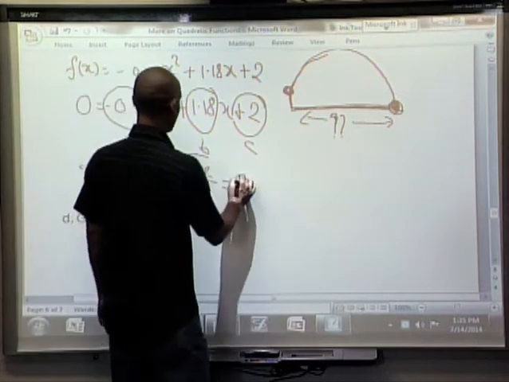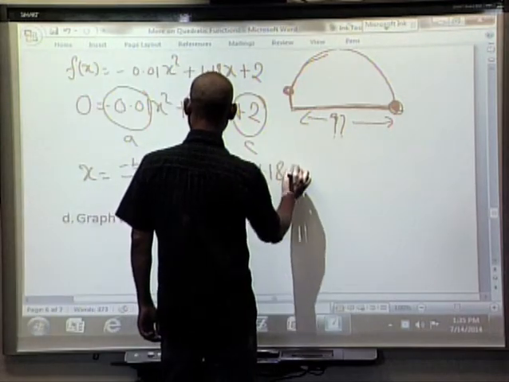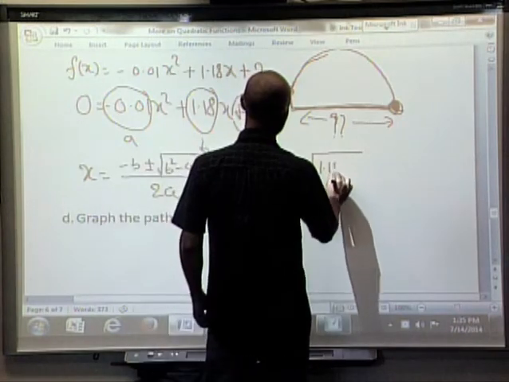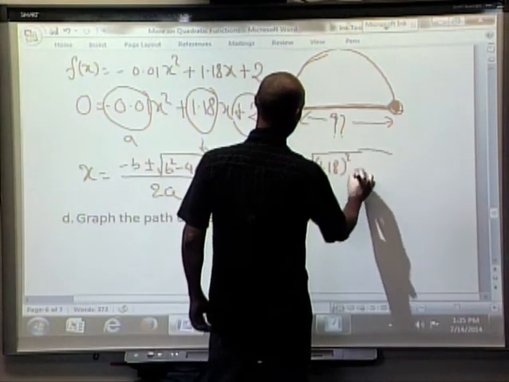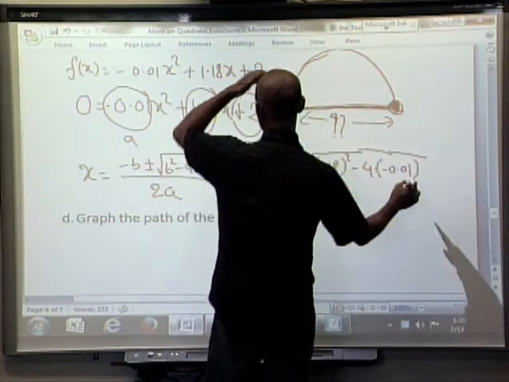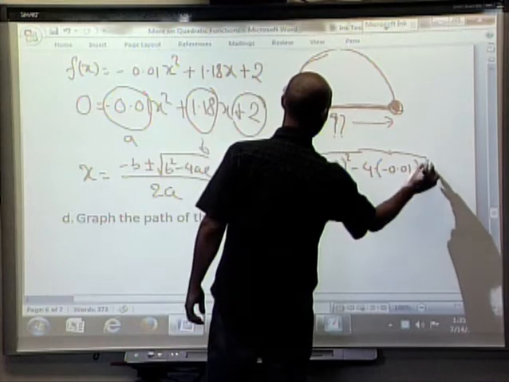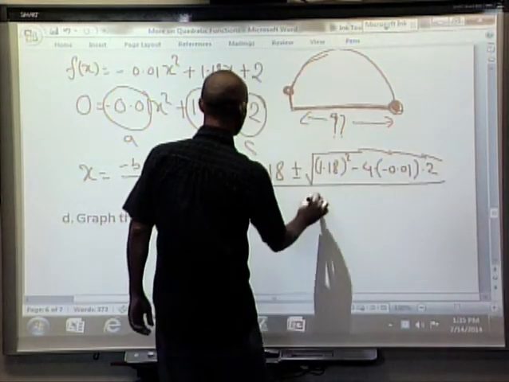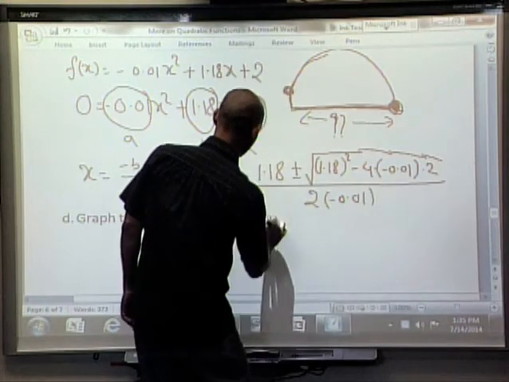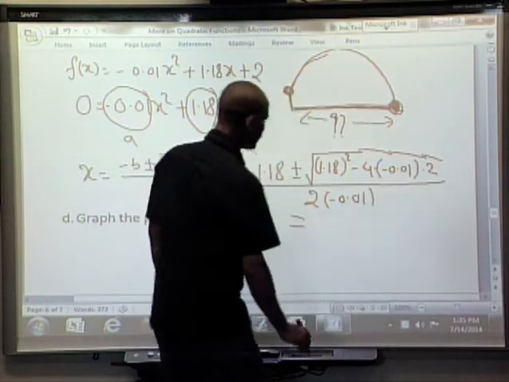So, this will be negative of 1.18 plus minus square root of 1.18 squared minus 4 times negative 0.01 times 2, divided by 2 times negative 0.01. Using a calculator, this will turn out to be,